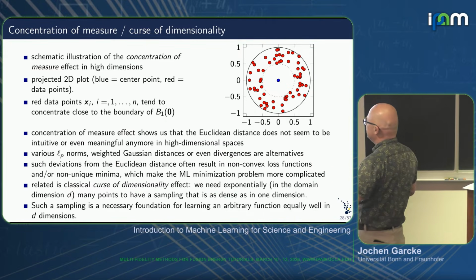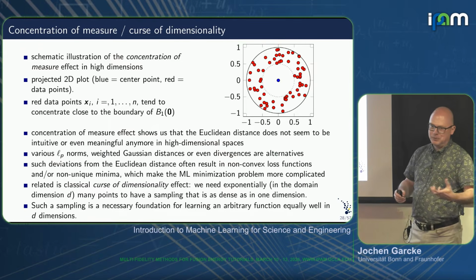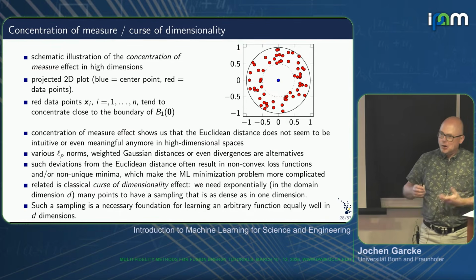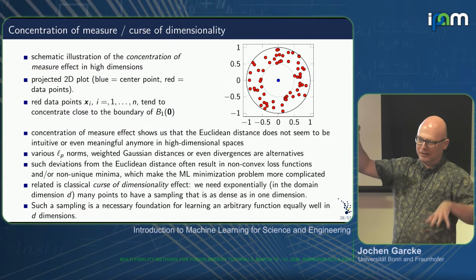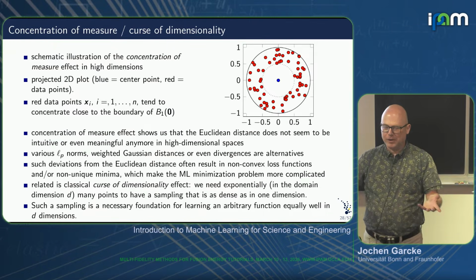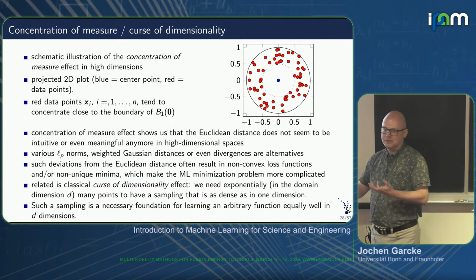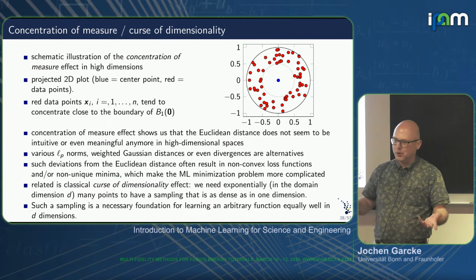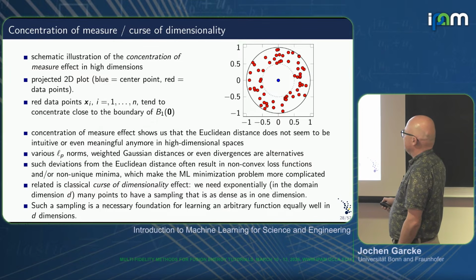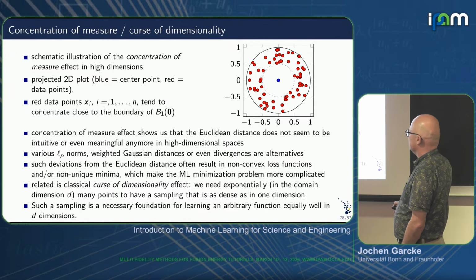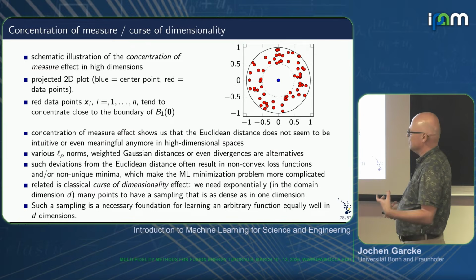That means the Euclidean distance in high dimensions is maybe not the best way to approach things, or that in high dimensions we are not really covering the space equally. We are likely more on manifolds. So this is the hope we have, that we maybe can use other distances, and that we have some manifold structure under the hood.